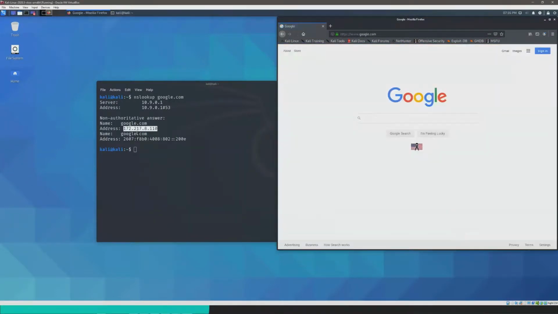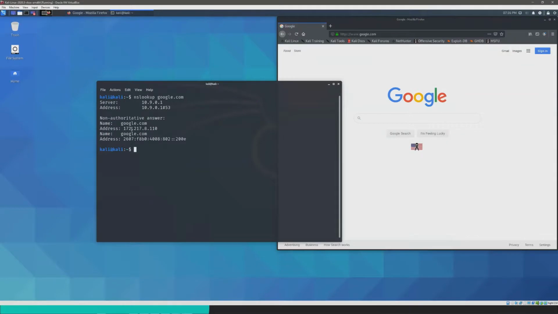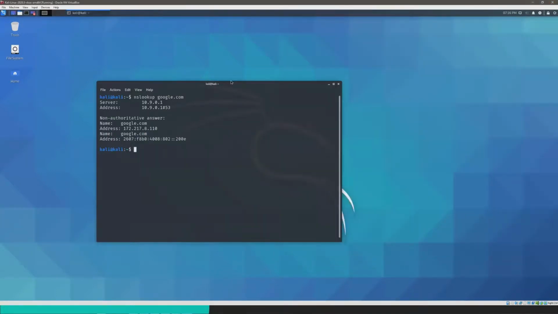It does, it does. So this nslookup just gives you some information about the particular domain. Typically, it's just DNS information. So this is the IP address of google.com that I got as a result of querying their DNS server. And this is also the IPv6 of google.com that I get in response as well.